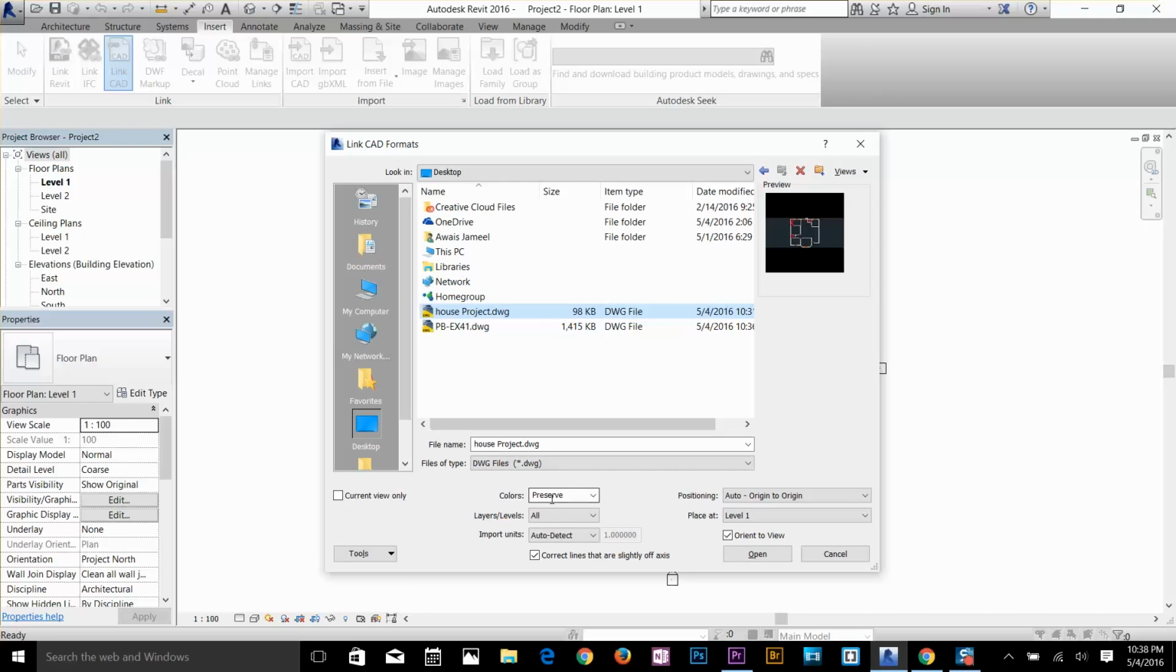So what are we going to do? We got options for colors: preserve, invert and black and white. So I'm going to basically select preserve because I will explain that. Well, I'm going to bring that into Revit. So layers and levels, select all. Import units, well, you can select inch, feet or whatever you want, but I would recommend to stick to auto